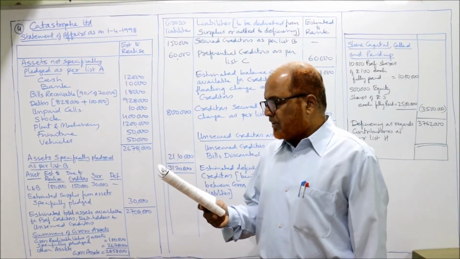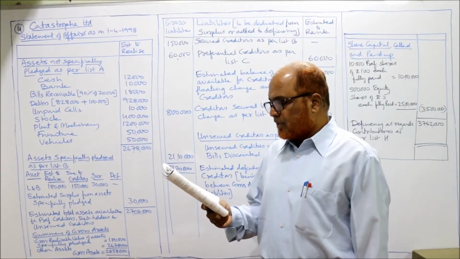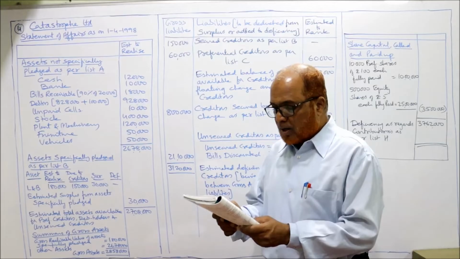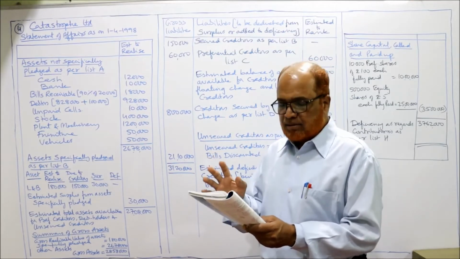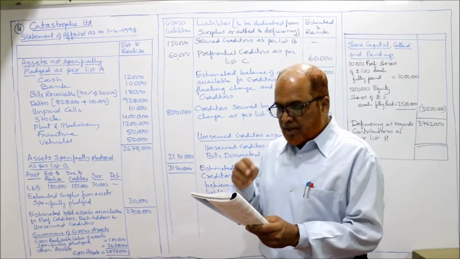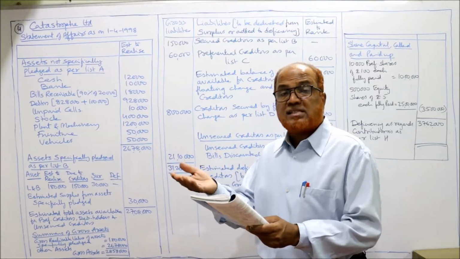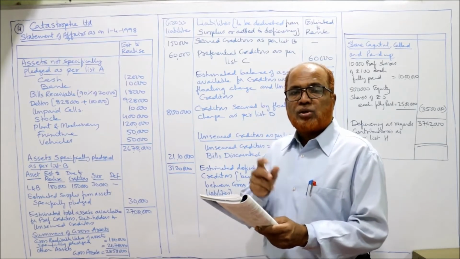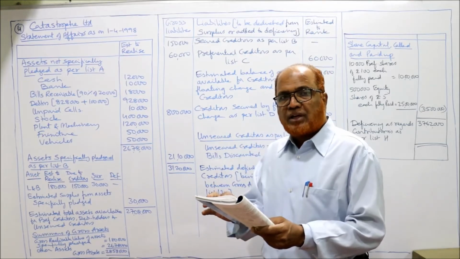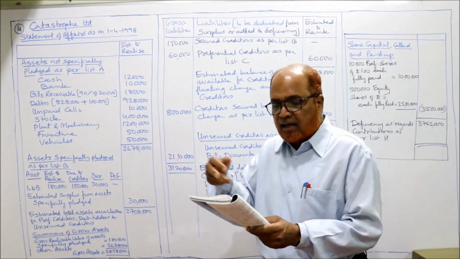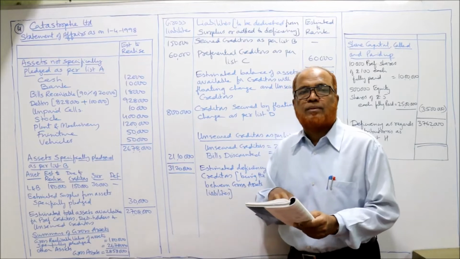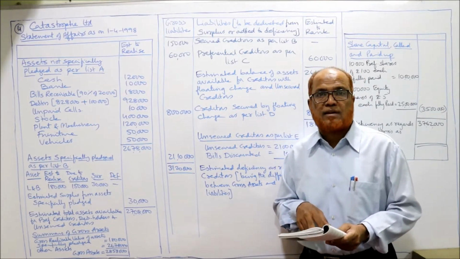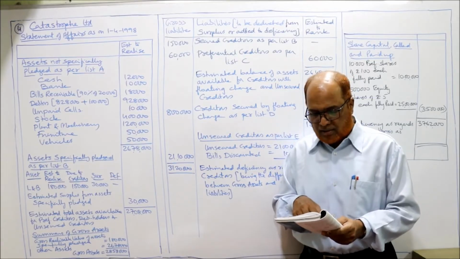Now, estimated to realize and book value. So land and building estimated to realize 1,80,000. We don't require book value. We need only estimated to realize for land and building. Then the land and building was given as security for a secured loan of rupees 1,50,000. The secured loan was 1,50,000 and the security's realizable value is 1,80,000. So we are going to get 30,000 rupees as surplus from the fully secured creditor.